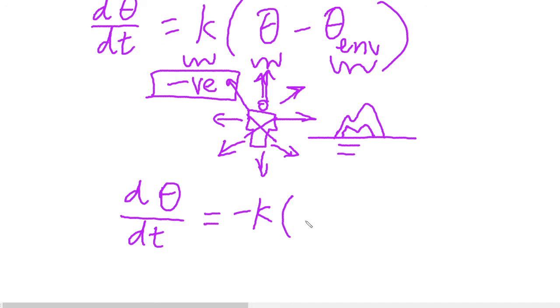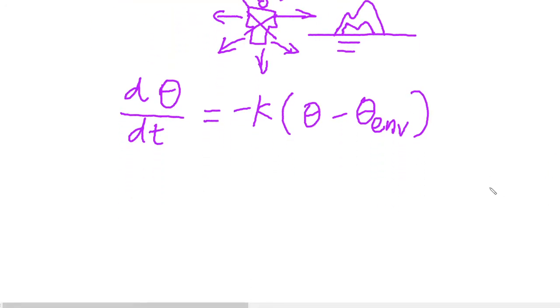d theta by dt is equal to minus k times (theta minus theta ENV), or the temperature of the environment. How would we go about solving this? Well, if you looked in the title, I did mention one of the things we're going to need to keep in mind here is that basically